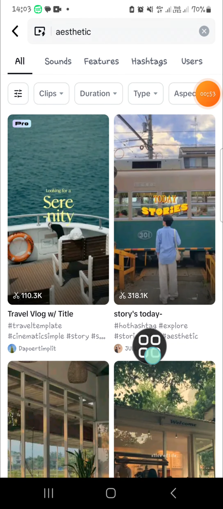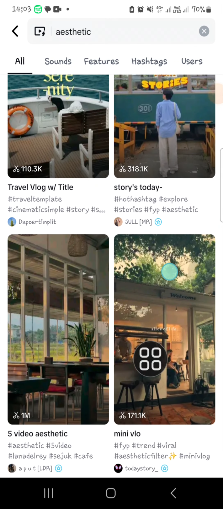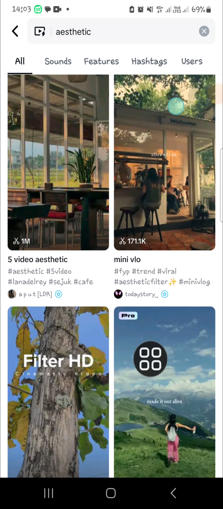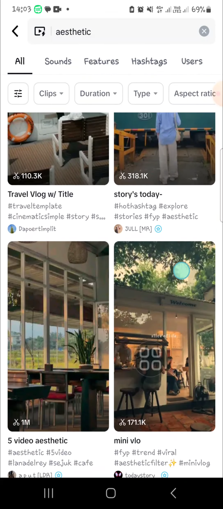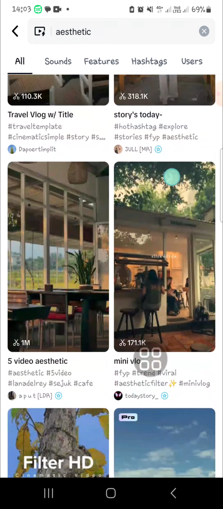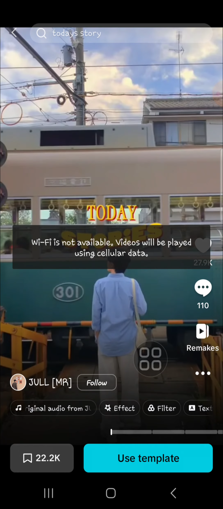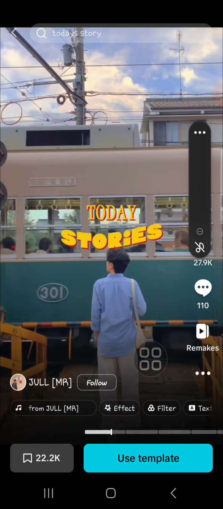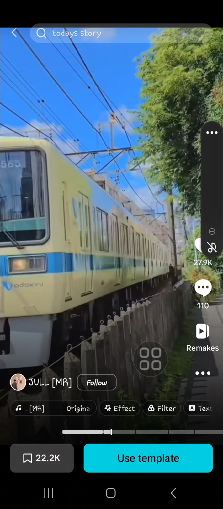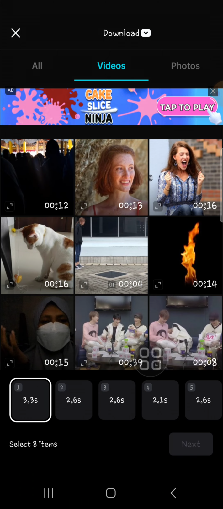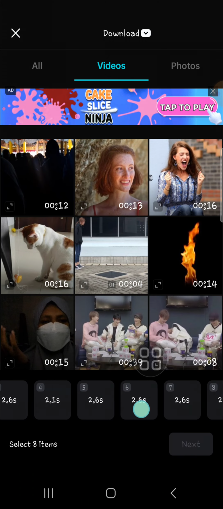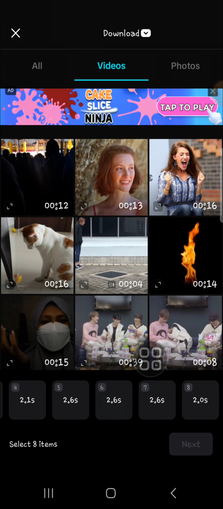And you can choose the template that you like. For example guys, I'm going to choose this one. I'm going to use this template. Okay, we can click on use template, and then we're going to replace the videos in the template with our